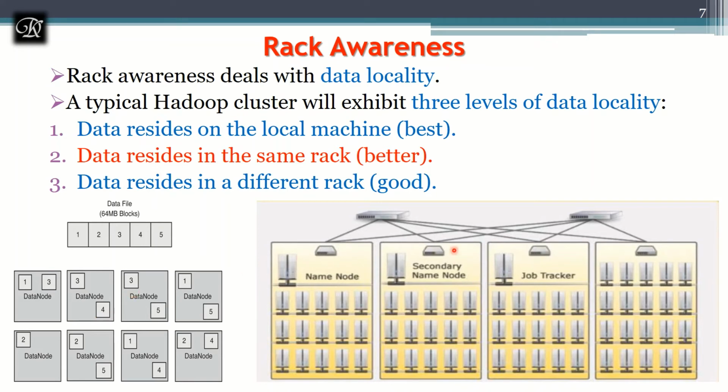Now I have an image from the source, showing where I'm going to get the name node, secondary name node, and job tracker. You remember I told you about 3 master nodes, where the name node, secondary name node, and job tracker should be. The rule is that in industry, the way they configure it, they won't keep them on the same rack. What you can see in yellow is called a rack. This is rack 1, 2, 3, 4.